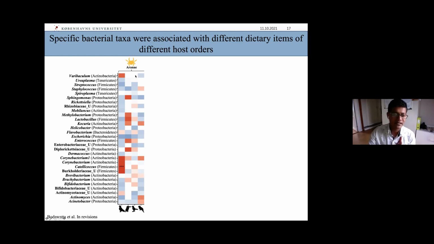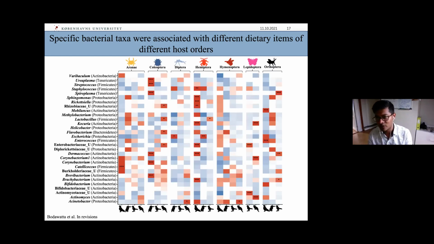And here, to give an example, is the proportion of spiders that we found in their diets. Each bar is a different host order, and we look at the 30 most abundant bacterial genera. And we find that only in pigeons do we have a significant association with spiders in bacterial taxa. We did this for all the other major orders of invertebrates we found in their diets. And we also conducted a similar analysis for plant orders we found in their diets, where we find a similar pattern,